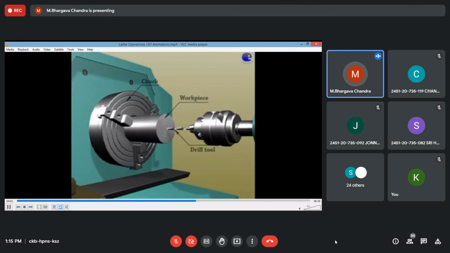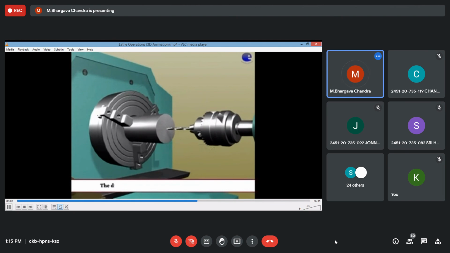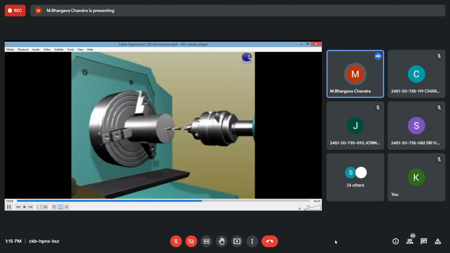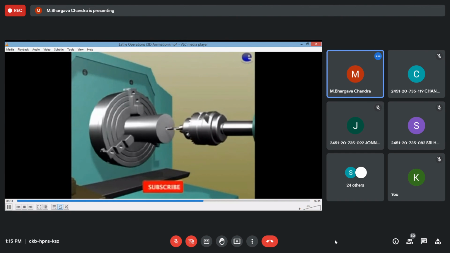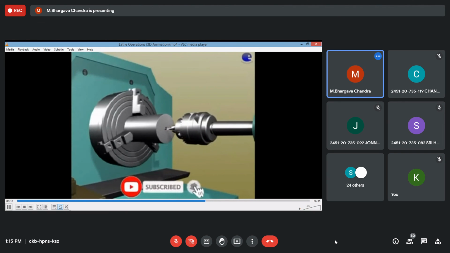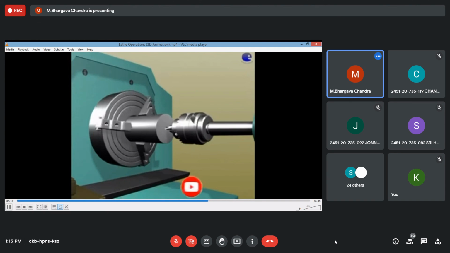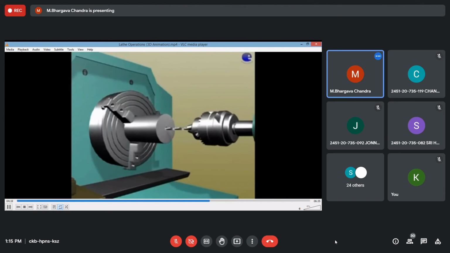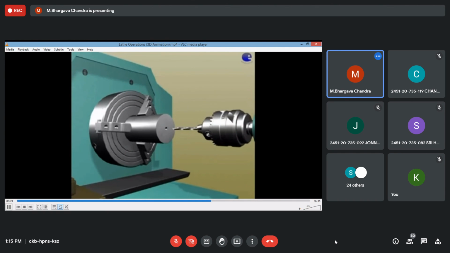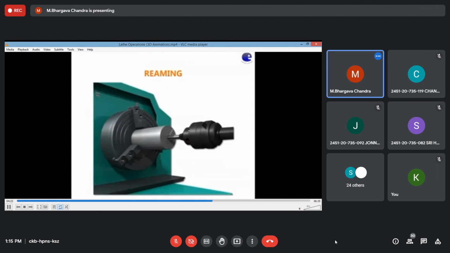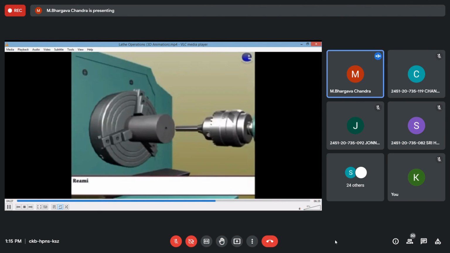A drilling tool is introduced in the tailstock. So the drill is stationary and the workpiece will be rotating. So you can make a hole. Reaming operation.